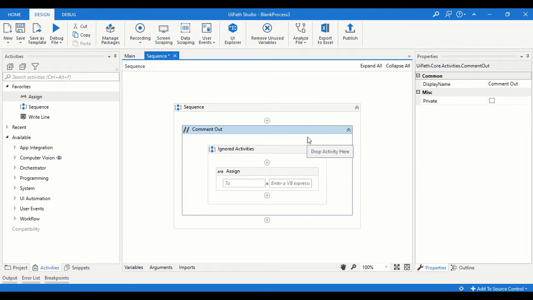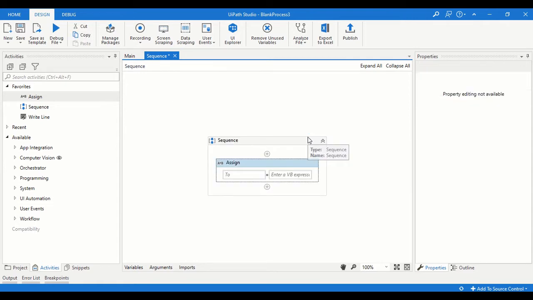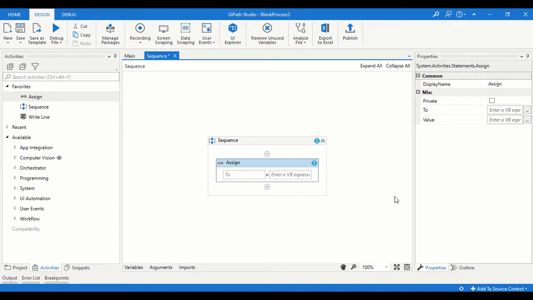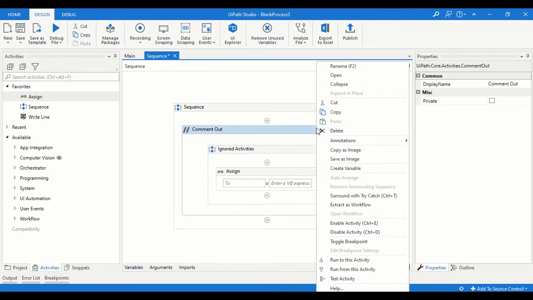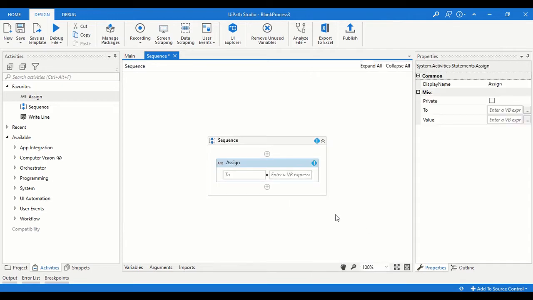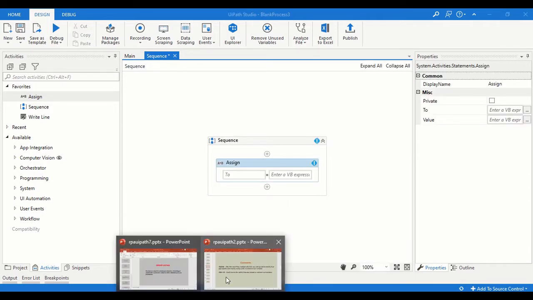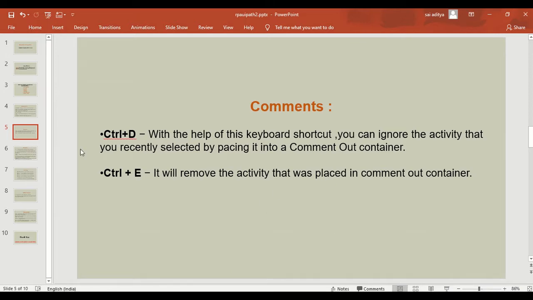If you want to enable this activity again, you have to press Control E. Or you can also right click here and disable the activity, or again right click there and enable that activity by Control E. And these are the comment shortcut keys.